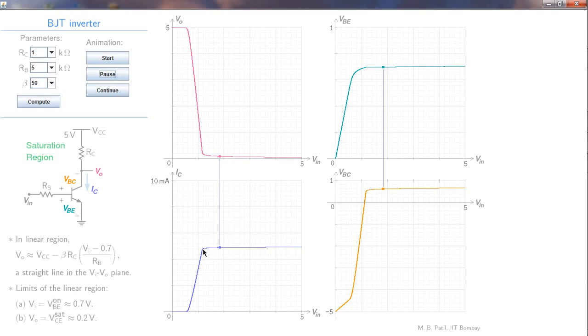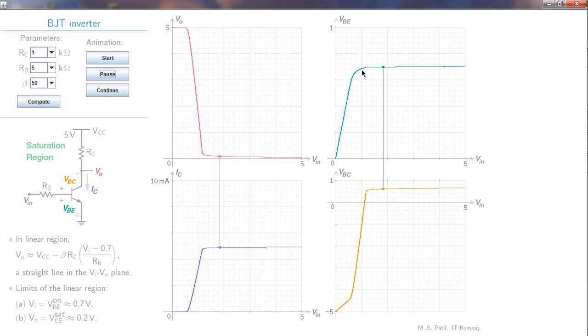IC has reached its maximum value, and that is 5 volts minus about 0.2 volts divided by RC, which is 1K. So that is about 4.8 milliamps. The base collector junction is now under forward bias because VBC has become something like 0.6 volts. The base emitter junction continues to be in forward bias,